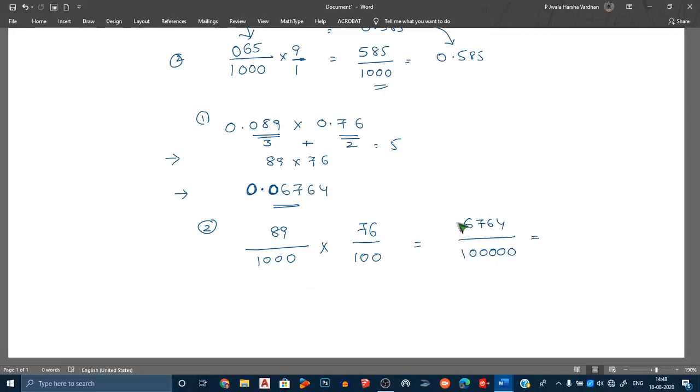Now again convert into decimal form, because you want a decimal number. From the right side you should leave 5 digits, but here only 4 digits are there. You can annex one more 0 here. So 1, 2, 3, 4, 5. You can put the point here. So now you can write 0.06764. So this is the answer. Leave 5 digits and put a point here. 0.06764. So the same answer you will get. So this is procedure number 2. You can use both the methods.